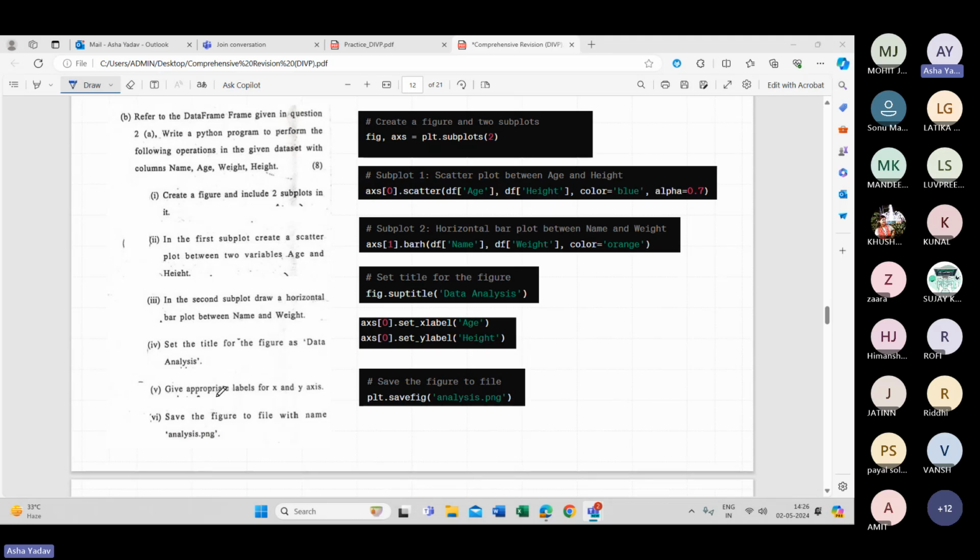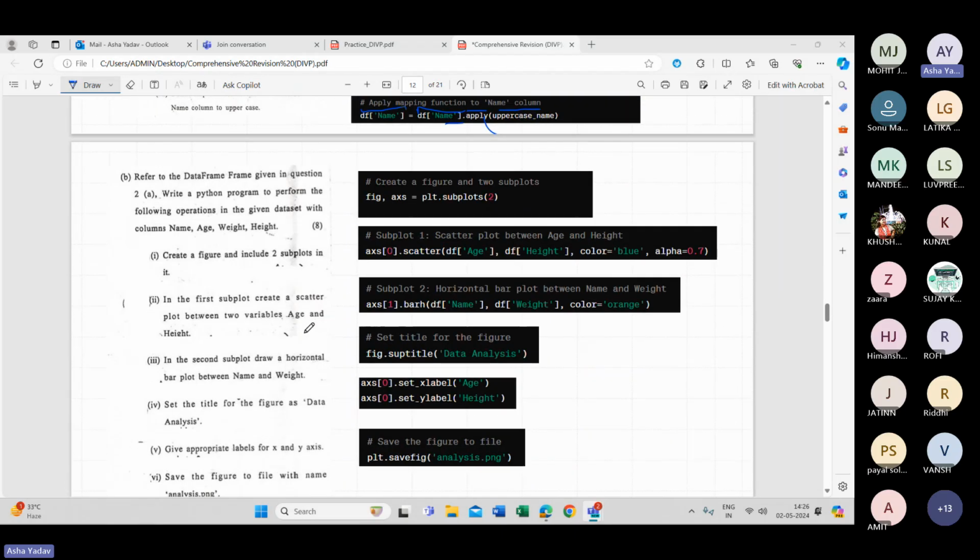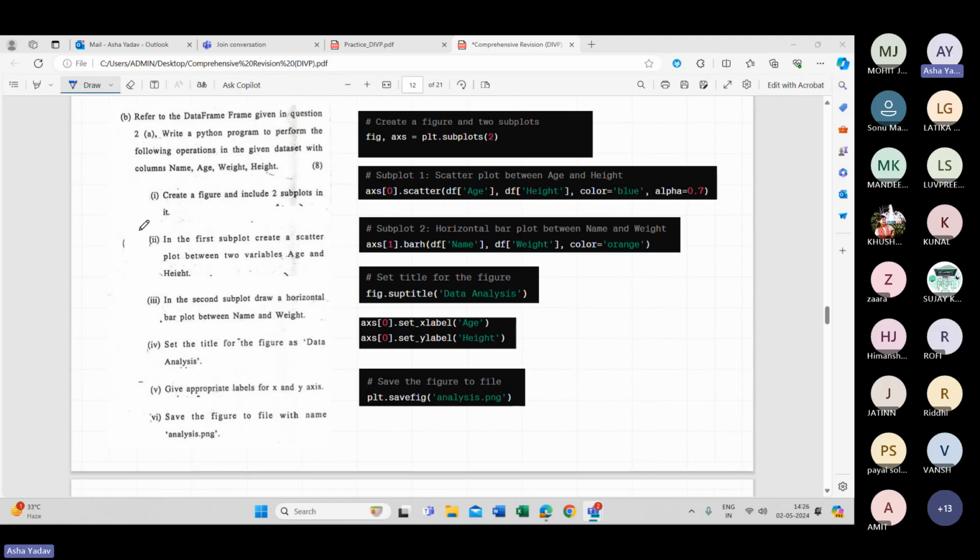अब basically है क्या, सेम डेटा फ्रेम के लिए इस वाले क्वेश्चन में आपको पांडा से रिलेटेड कमांड पूछी गई थी कि पांडा से रिलेटेड आप इसमें क्यूमुलेटिव सम निकाल दो, मिनिमम आईडी निकाल दो, अपर केस कर दो। और इस वाले क्वेश्चन में सेम डेटा फ्रेम में आपको मैट प्लॉटलिब की कमांड पूछी गई है। ठीक है, so see this kind of questions are also important and they can come, in which you are given one data frame and commands related to two different libraries are asked. यहाँ पे आपको एक फिगर क्रिएट करना है और उसमें दो सब प्लॉट लगाने हैं।